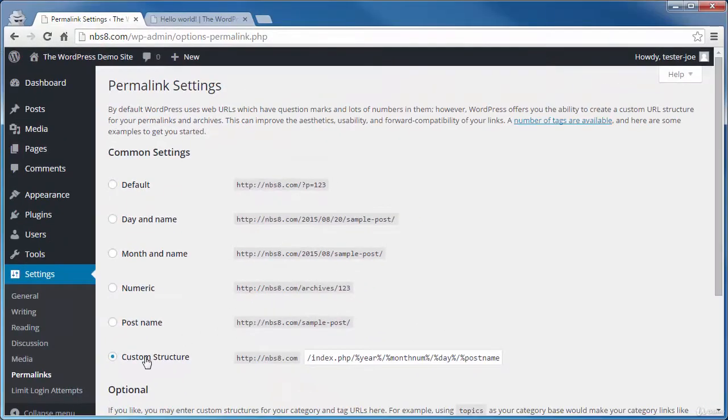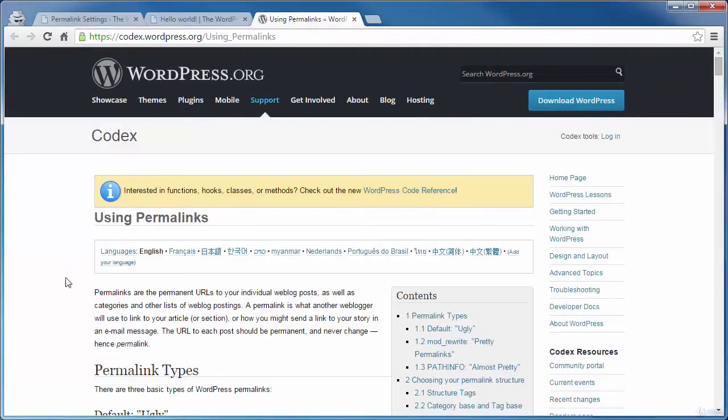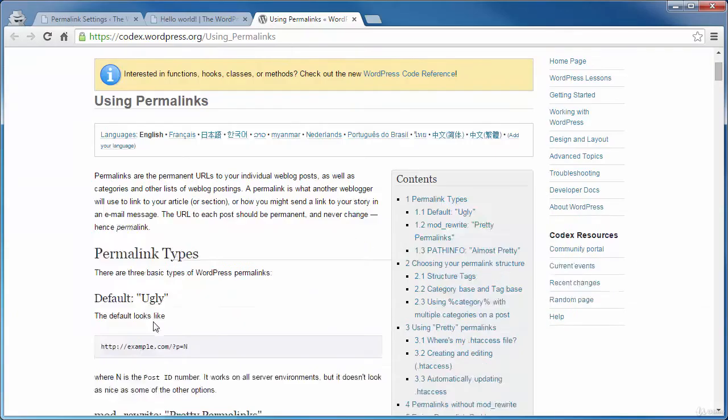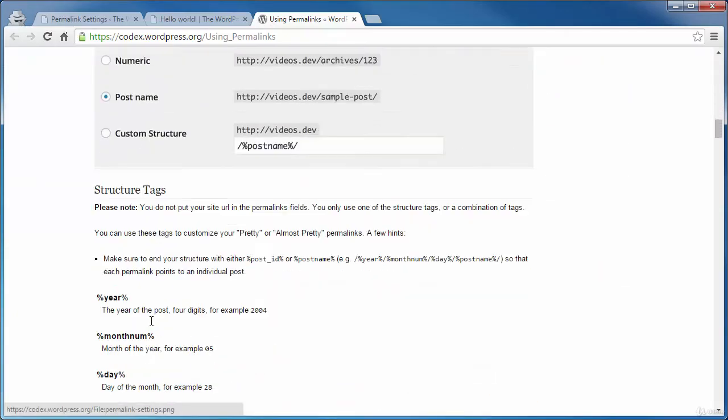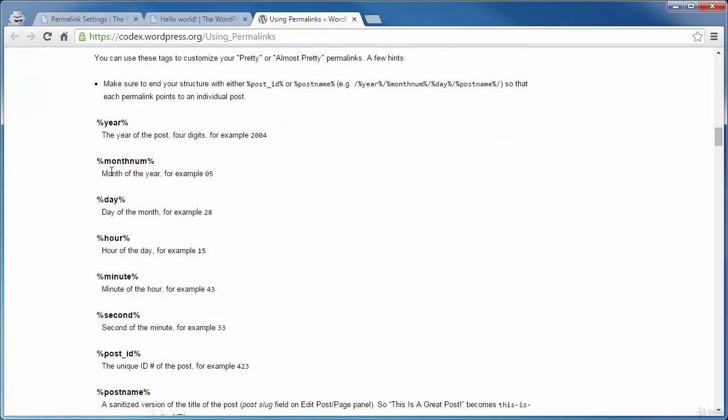Let me give you an example of a custom structure here, and you can find out more about these different tags by coming up here and clicking on the link titled Number of Tags Are Available. I'm going to open that in a new tab. And this is dealing with the permalinks here in the codex of WordPress.org. If we come on down here a little bit, you can see that you have a list of them and an explanation of each of those different tags that you can use in your custom structure. Just make sure that you include the percentage sign both in front of and behind that particular tag,